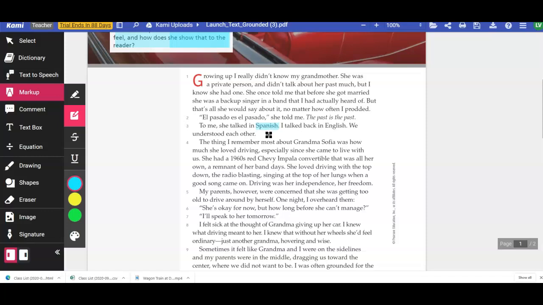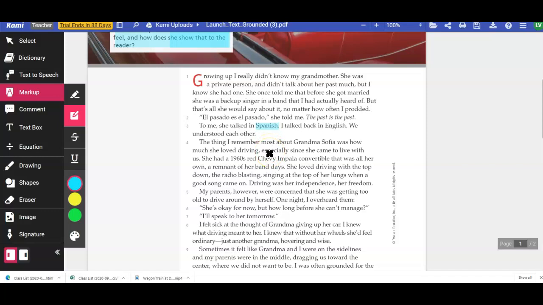We understood each other. The thing I remember most about Grandma Sophia was how much she loved driving, especially since she came to live with us. She had a 1960s red Chevy Impala convertible that was all her own, a remnant of her band days. She loved driving with the top down, the radio blasting, singing at the top of her lungs when a good song came on. Driving was her independence, her freedom.